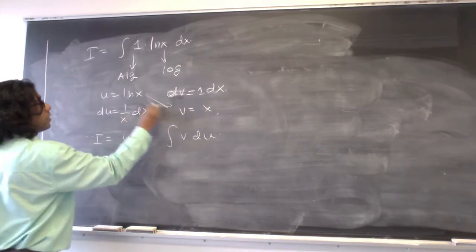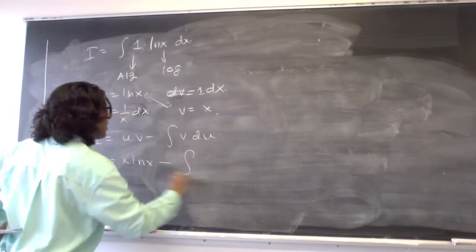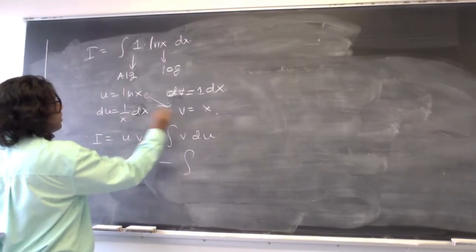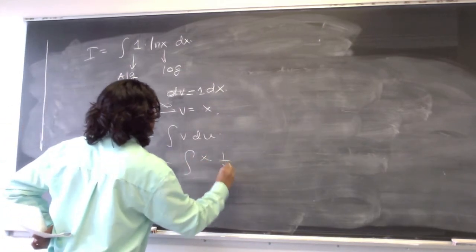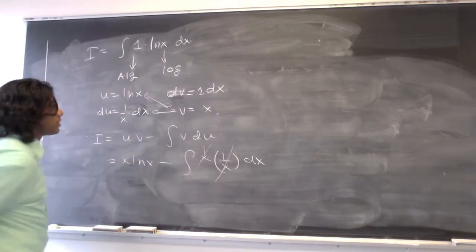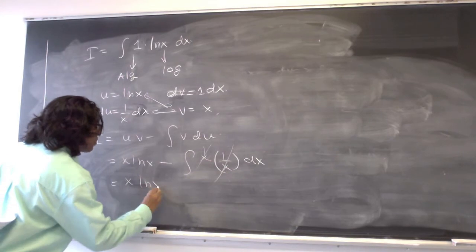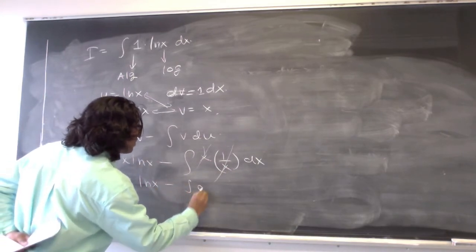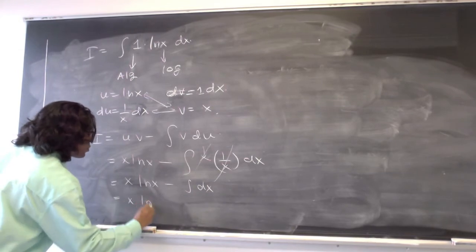It is u times v, in this case x times natural log of x, minus integral of v times du, which is x times 1 over x times dx, which is nice because this gets cancelled and I get x times natural log of x minus integral of 1 dx,